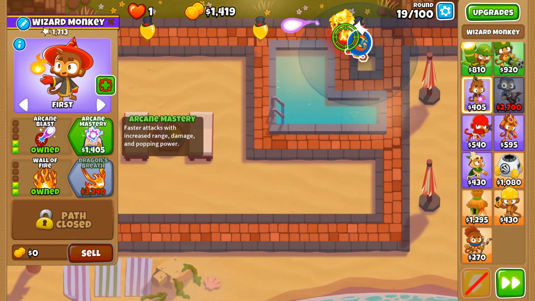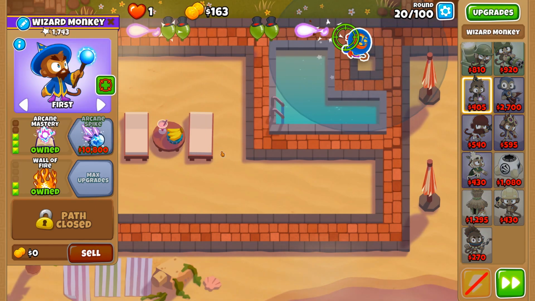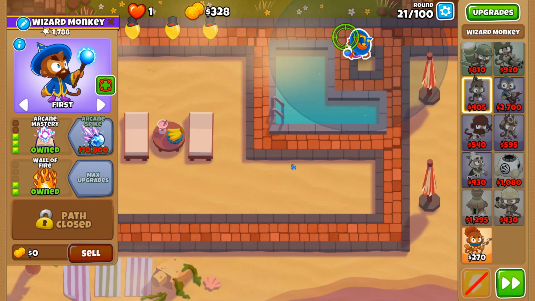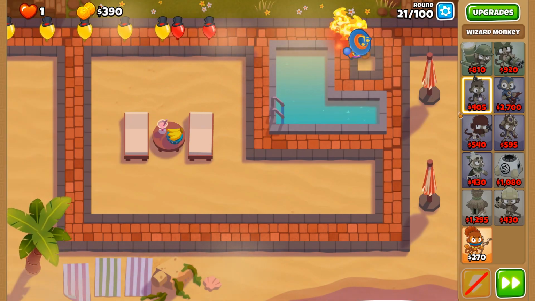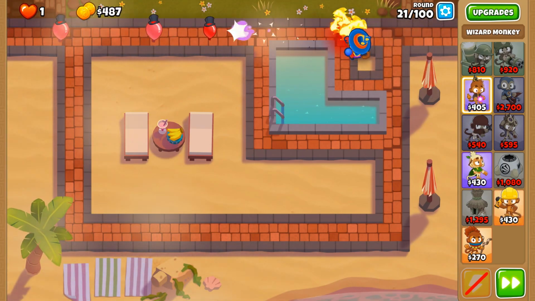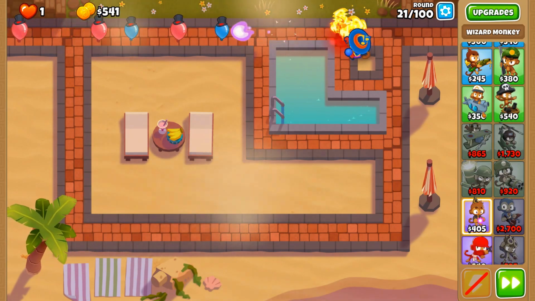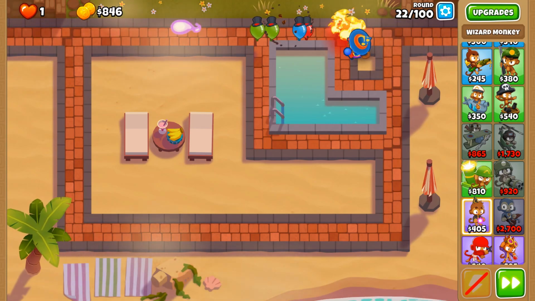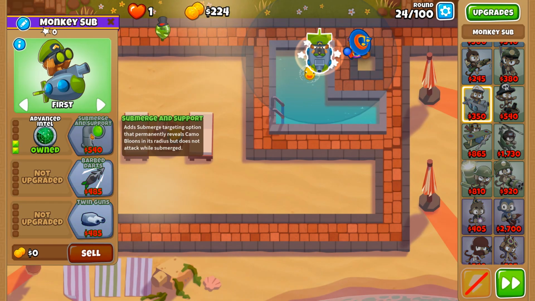Arcane Mastery is next for faster attacks with increased range, damage, and what was that? And popping power. Isn't that the same thing, or are you trying to refer to Pierce? Because when I hear damage and popping power, that's literally the same thing, isn't it? Or maybe I'm just reading too much into it. Camo balloons, hopefully we'll have...